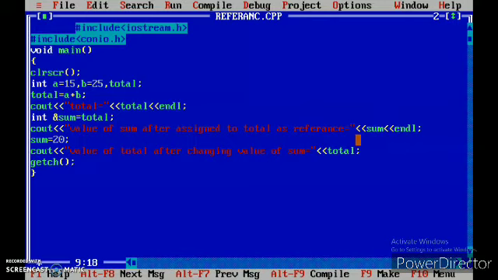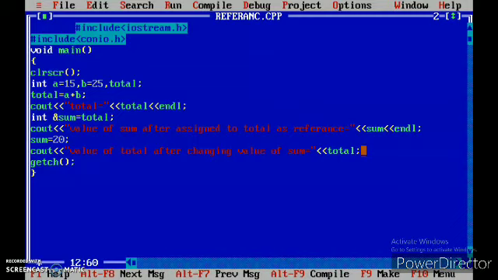Now in the next line, we assigned some other value to the sum variable. Here sum is our reference variable, that is the alias name of total. We make a change to the sum variable, and now we want to display the value of total. That means we apply a change to variable sum, and we are representing the output in the total variable.